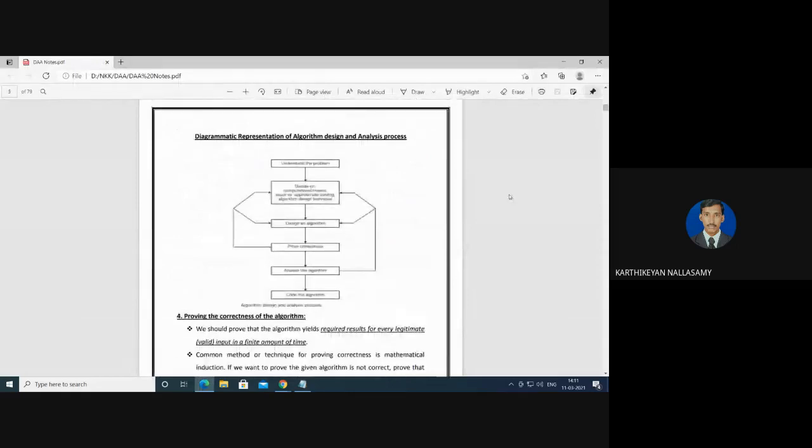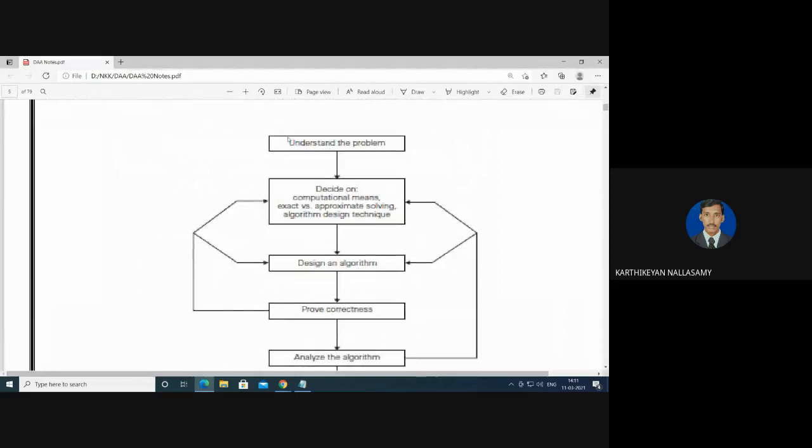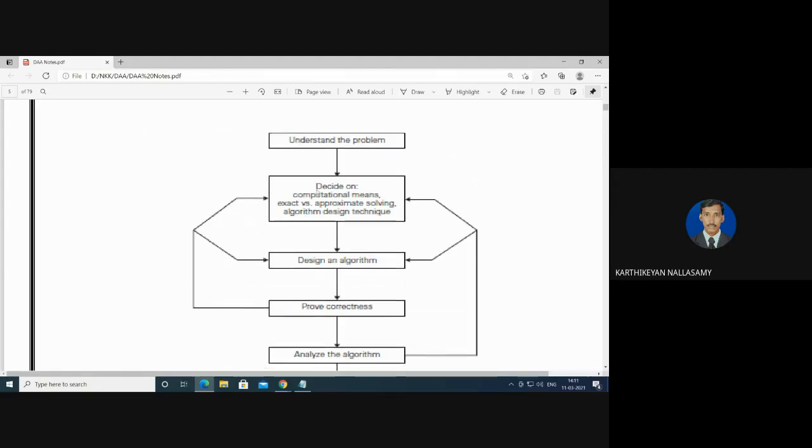This is the diagrammatic representation for solving a problem. The first step is you are going to understand the problem, so the input must be a problem statement. Once understanding the problem statement is over, we get a clear idea about the task. Based on the task, we are going to evaluate your parameters along with your data structure, the capacity of the machine you are going to consider, and whether you are going to provide an exact or approximate solution. Also identify the methodology, the algorithm design technique, you are going to use for implementation.